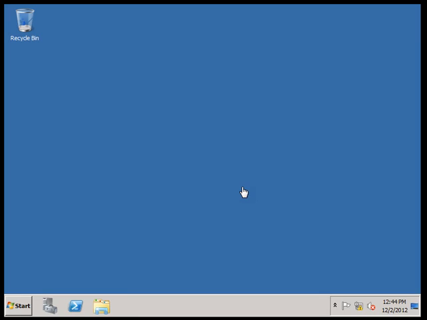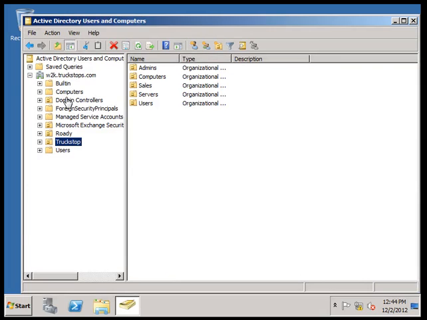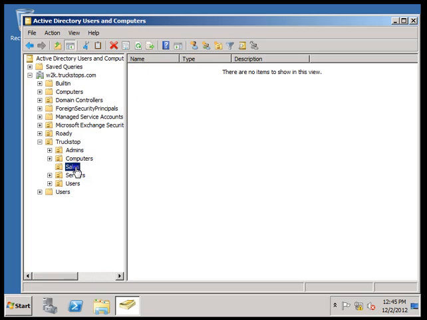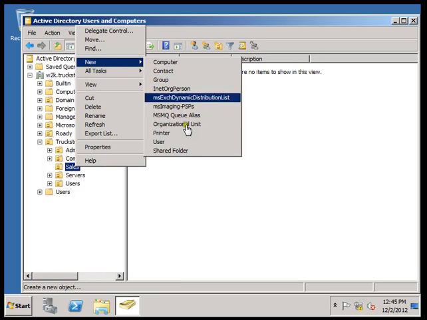Once you log in, there are different containers. Some of them are built in when you install Active Directory, and some of them I created as an organization. Once you create by an organization, that's how you will have to manage them. So I will go ahead and show you from the start. Expand that organization, truck stop, and I am going to add a new user in the sales department. So I will click on the sales folder, right-click, go to New and click User,